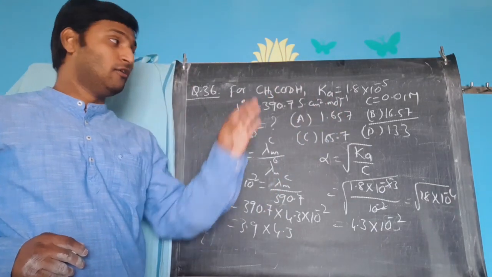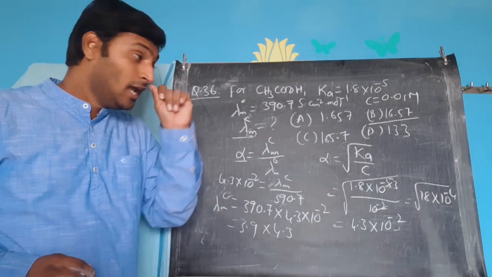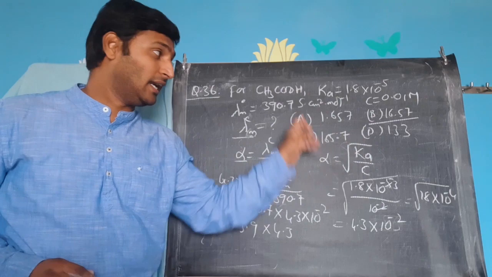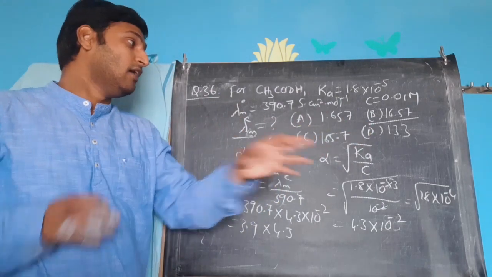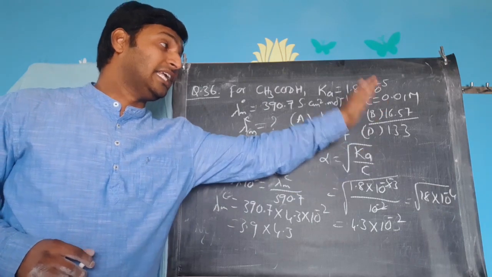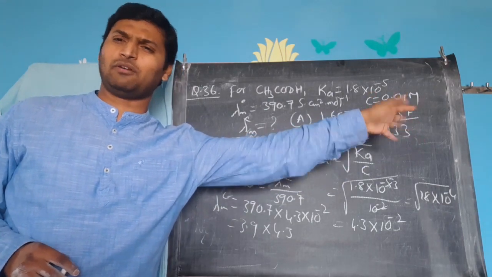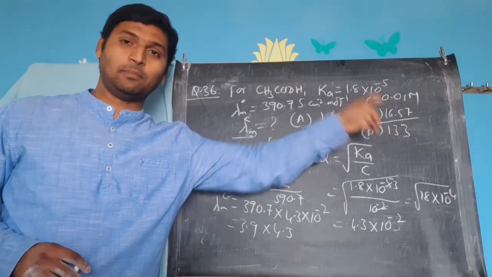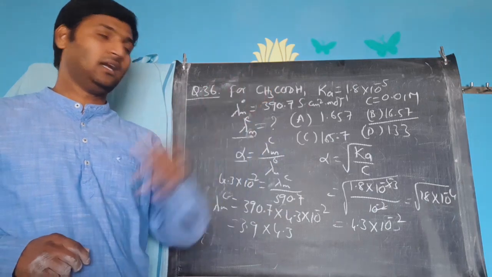Wrong. First, before starting to solve or starting to do the calculation only, you must have comprehended in your mind how the options are. Do I need to be very accurate with my calculations? For example, in this question, if there were an option like 17.32 or 17.15, something very close to 16.57, then I would have been very careful with my calculations. But here, there is no need.